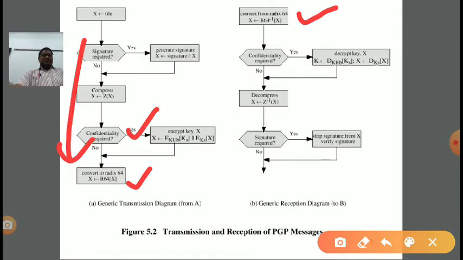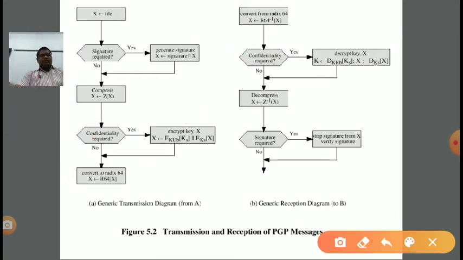Second is decryption. If confidentiality is required, then we need to decrypt the message. If symmetric key, then the same key will be used as in encryption. If asymmetric, then a different key will be used. So we decrypt the message. Clear? If confidentiality is not required, this step can be skipped, right? So now see, Radix 64 done, decryption done. Now after the decryption, we need to decompress our file. So just zip inverse, Z inverse of X will be applied. Clear? So the third step is also applied, decompression.